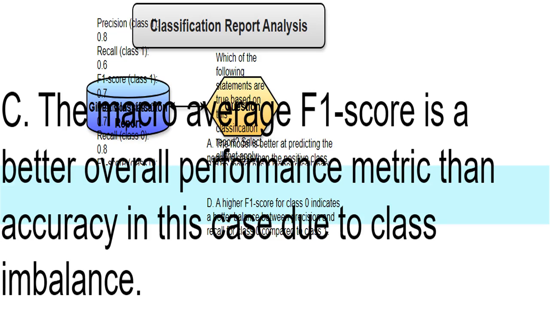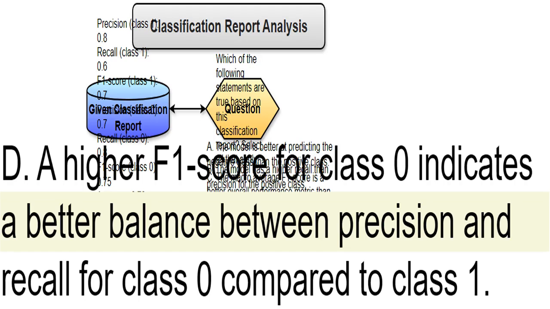Maybe. The macro average F1 score, 0.725, is lower than the accuracy, 0.73. This hints at a potential class imbalance, where accuracy can be misleading. However, without knowing the actual class distribution, I can't confidently say this is true. Yes, this is definitely true. The F1 score for Class 0, 0.75, is greater than for Class 1, 0.7, showing better balance between precision and